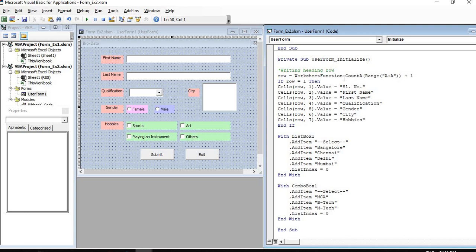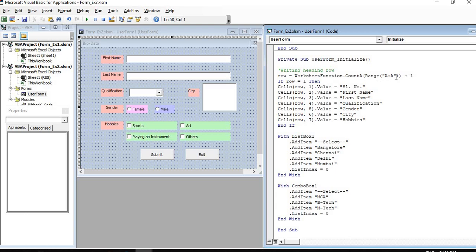Under form initialize, what I am doing is first calculating the first empty row. How I am doing that is with the worksheet function CountA. That means whatever non-empty cells are there, it will take that count.